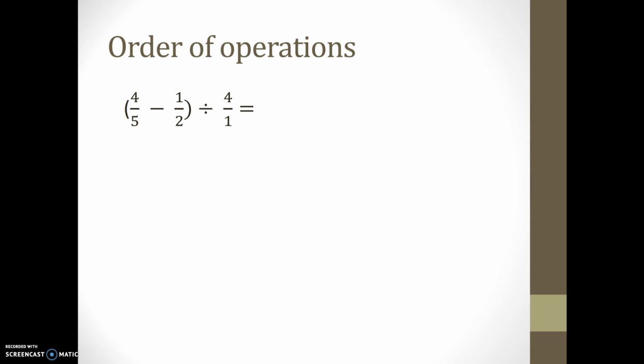So we've got subtraction, and we've got two different denominators. So we're going to need to change those to the same denominator. So let's do this. I'm going to work over here, and then just work on changing these. So if I've got 4/5 and 1/2, looks to me like I'm going to need to change these to tenths. Okay, so I'm going to have 8 tenths as an equivalent fraction to 4/5, and I'm going to have 5 tenths as an equivalent fraction to 1/2. Okay, let's go ahead and rewrite our problem. Now we've got 8 tenths minus 5 tenths